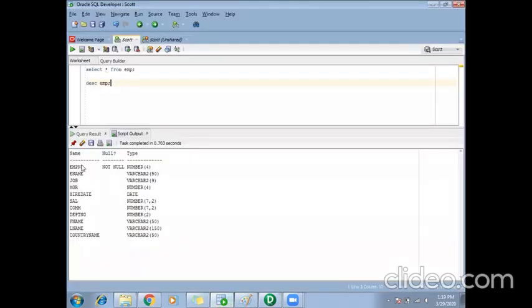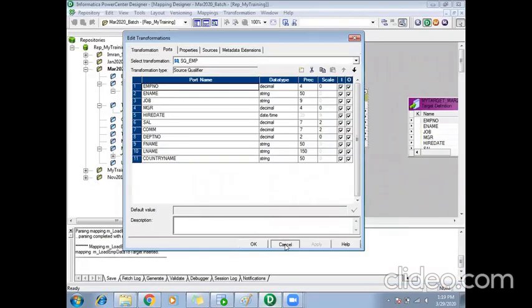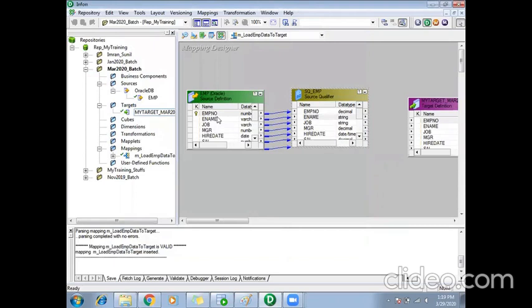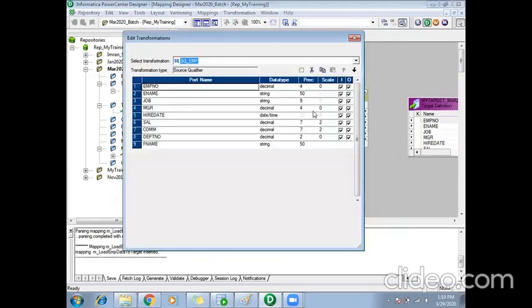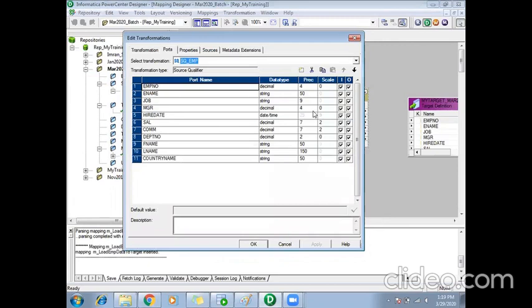In the database table, employee number was number, and in the source definition it was number only. But in the source qualifier, number has been changed to decimal. The precision remains the same, but the data type has changed. Employee name was varchar2, but it has been changed to string.